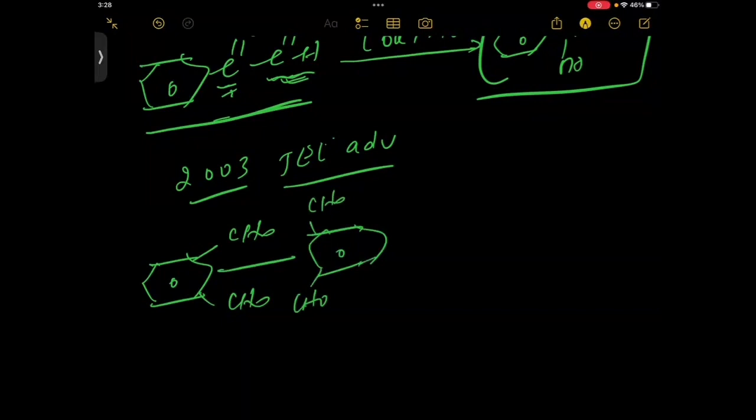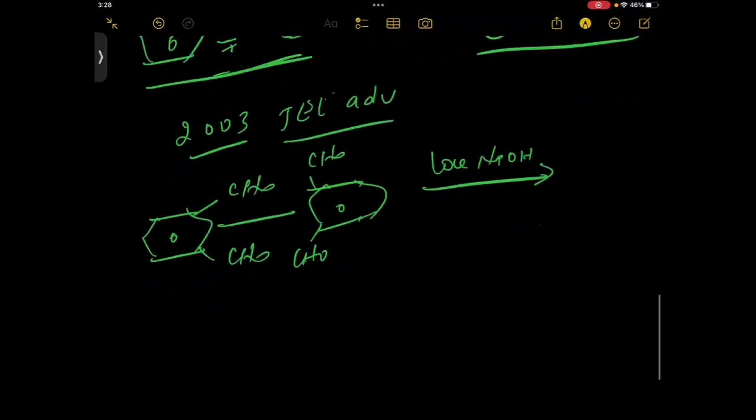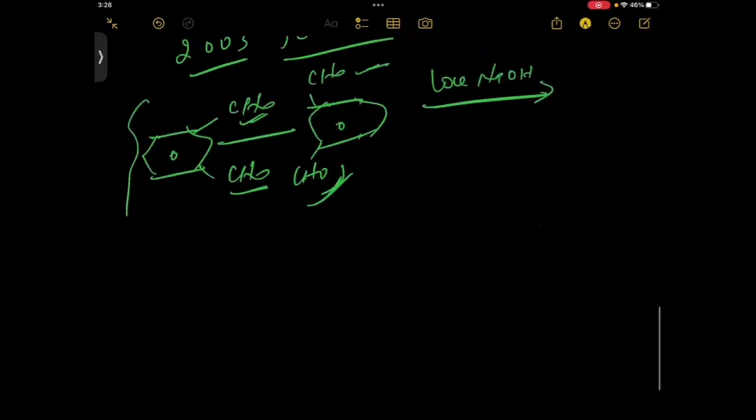Okay, so when we take the conc. NaOH, students, what do you think? Here, one part will be reduced. If one part is reduced, that part will be what? Oxidized. So what things will happen? The product would be, with conc. NaOH at 100 degrees Celsius, and second we take